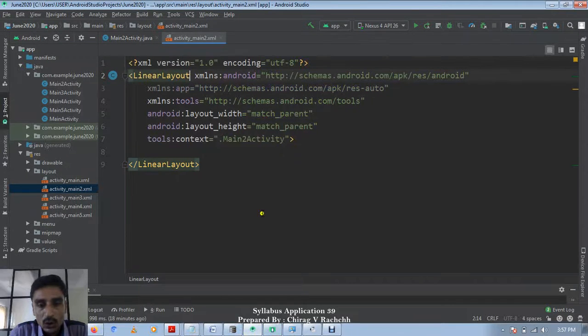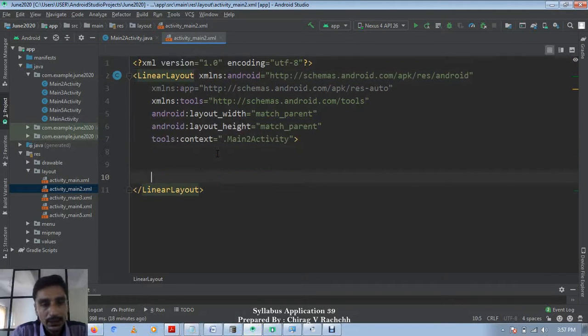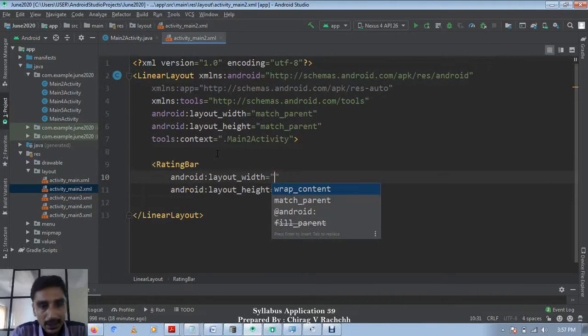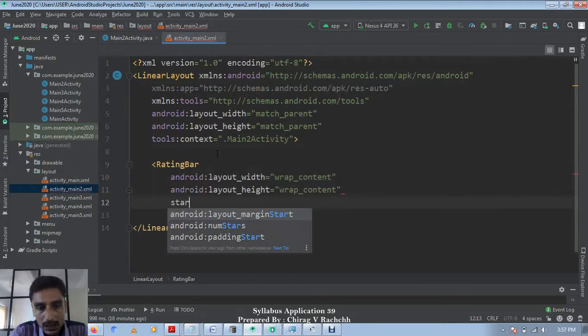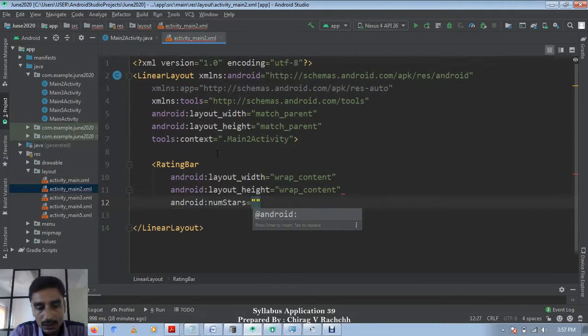So let's put a rating bar in our layout. Rating bar, wrap content, stars, num stars. Let's put 10 stars.